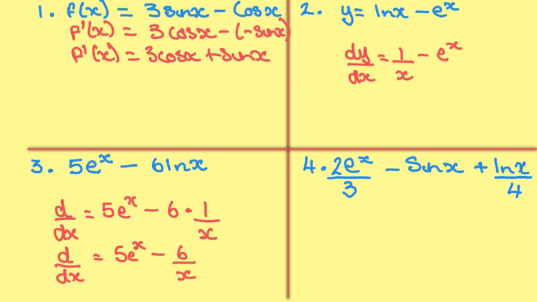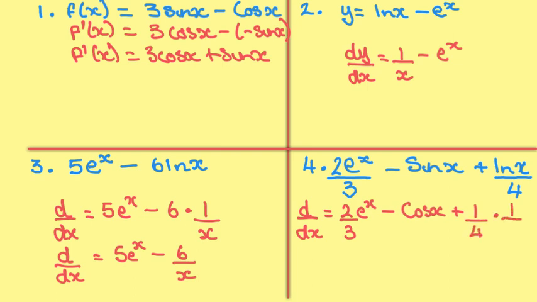And question 4, 2e to the x over 3 minus sin x plus log x over 4. So the 2 over 3 does nothing, so the differential with respect to x is equal to 2 over 3 e to the x minus the differential of sine is cos x plus dividing by 4 is the same as multiplying by a quarter, so we get a quarter